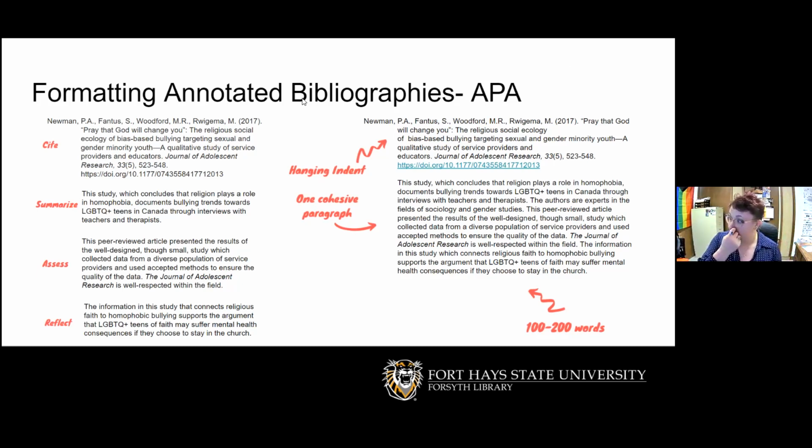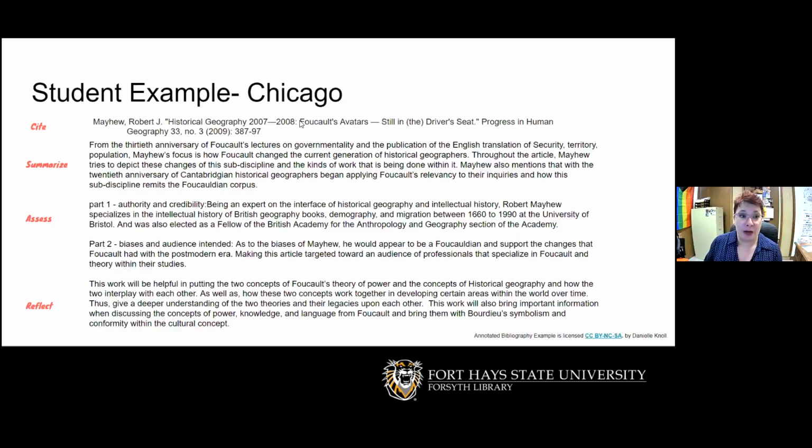This is an example of APA, and I wanted to give you one more example. This is a citation in Chicago style. This is done from a student. It is very generously shared by one of our graduate assistants, Danny Knoll, who's in the history department, and she is doing an annotated bibliography on historical geography. So she has written this annotation, and once again, I've split it up just so you can see the different parts of how she's done it. And then the next one,